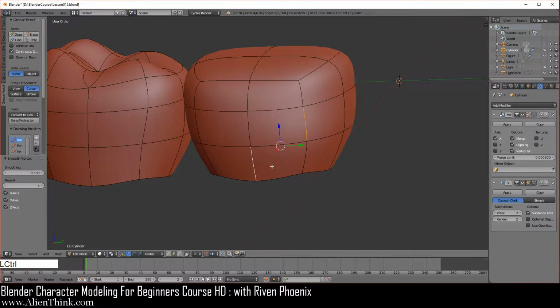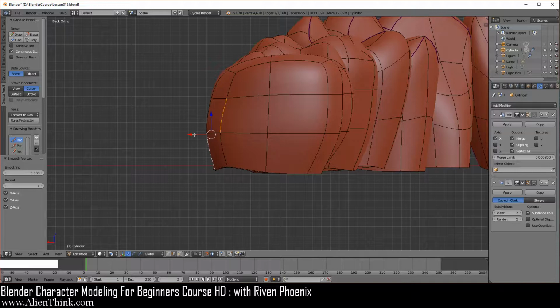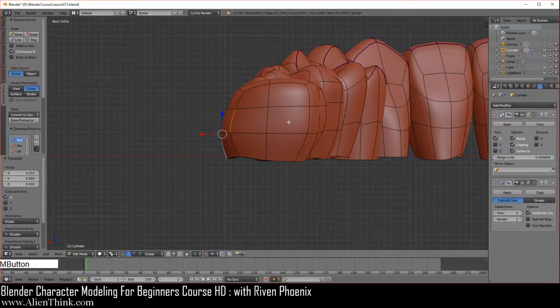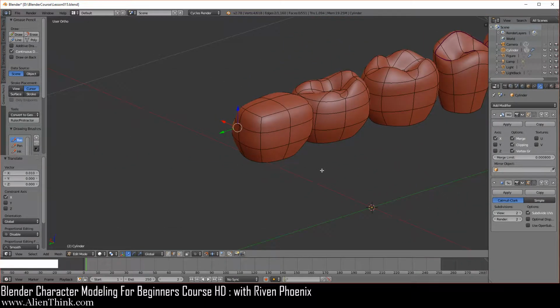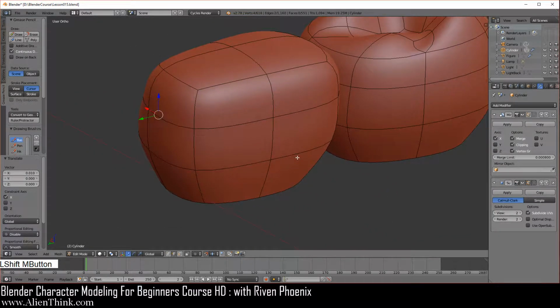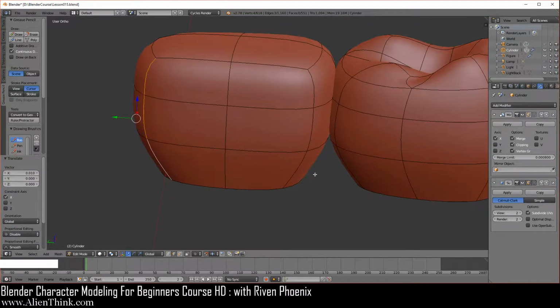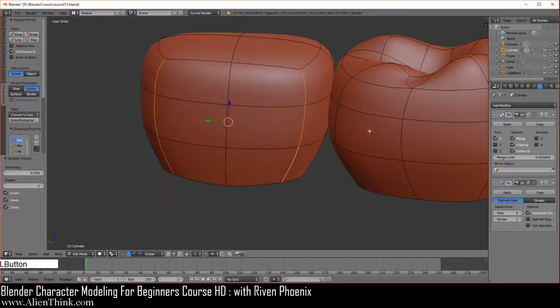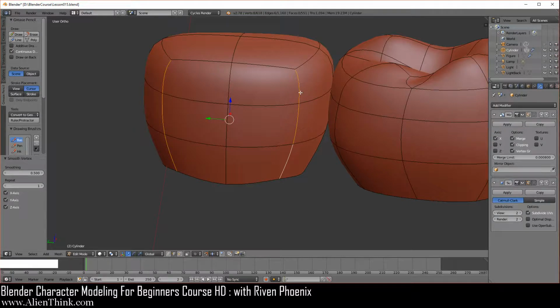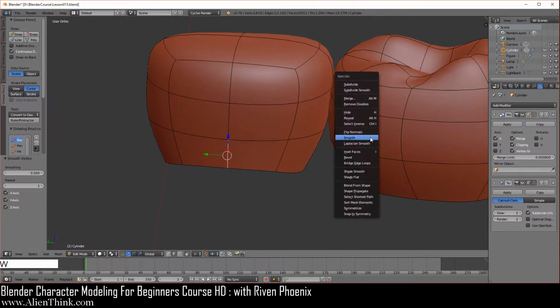Now you're going to do Control 1 to look at it from the back view, and we're going to click on this red arrow and take it to the left one time. Okay, so now we're going to rotate over here in the inside and just zoom in over here, shift middle mouse button. Click on this edge, shift key down, this one, and then rotate over here. Press the shift key down, this one, this one, this one. Now you're just going to do W smooth 1 and then 2. Then press the shift key down, deselect these two, do W smooth only one time. Press the shift key down, deselect these two, do W smooth one time. Click on this guy, do W smooth 1, 2, and then 3.